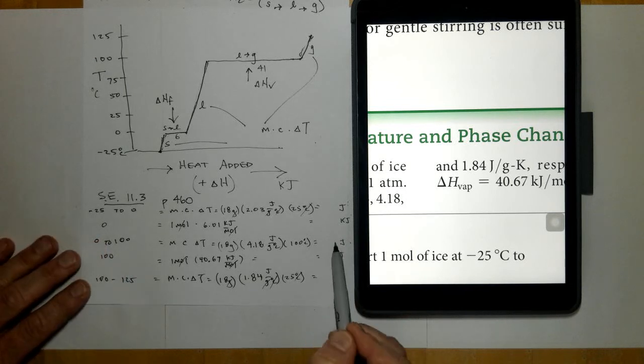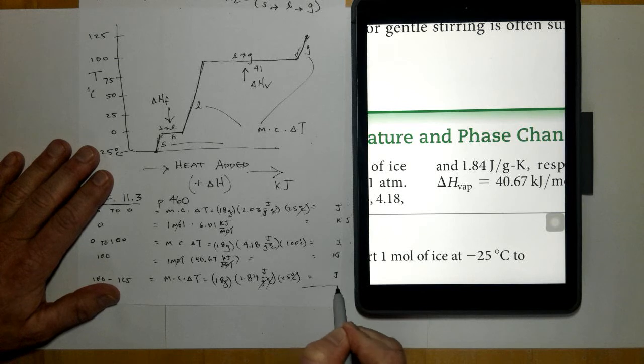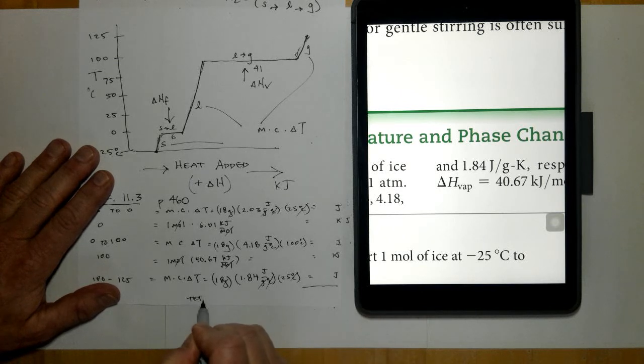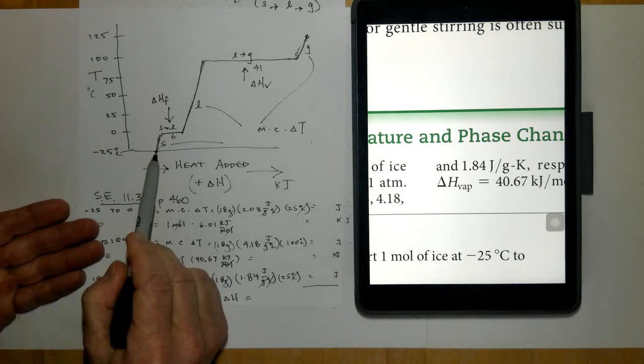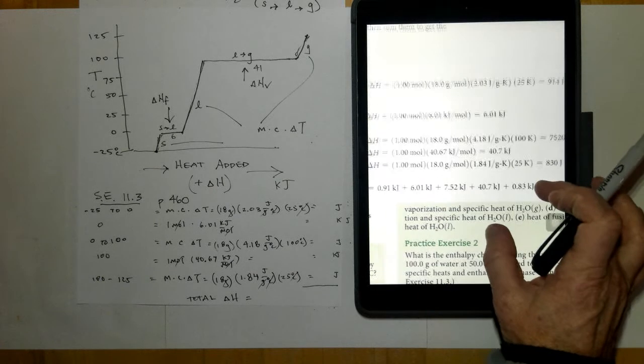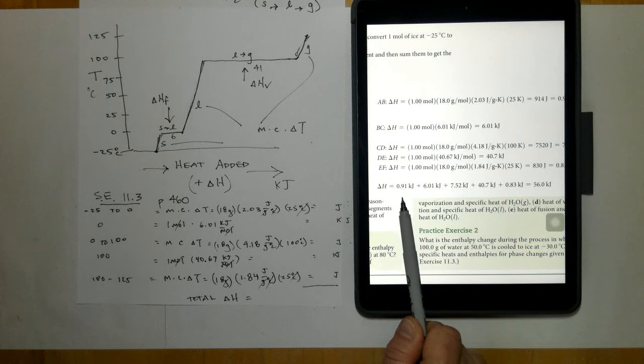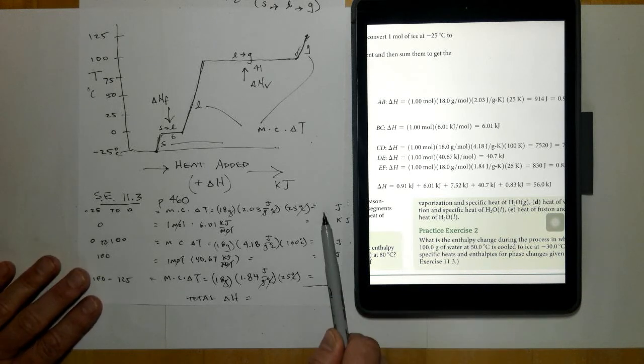So now I'm going to have 5 different enthalpy changes. I can add those all together, and the total amount of enthalpy, or the total amount of energy that's going to be needed to raise it from negative 125 all the way up to steam would be the addition of all these parts. And I'm just going to leave this up on the screen here, and you can copy them down if you want, but this is, I believe, let's see, 910